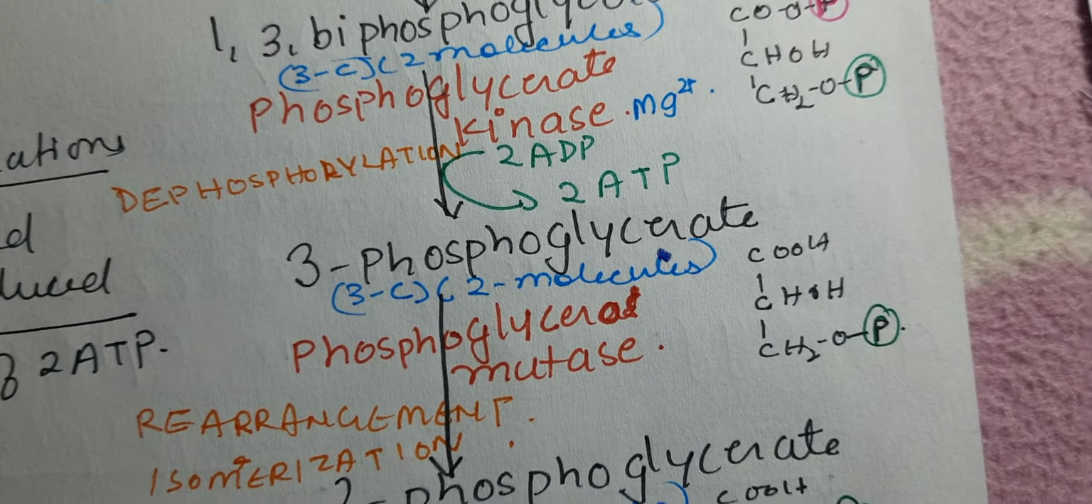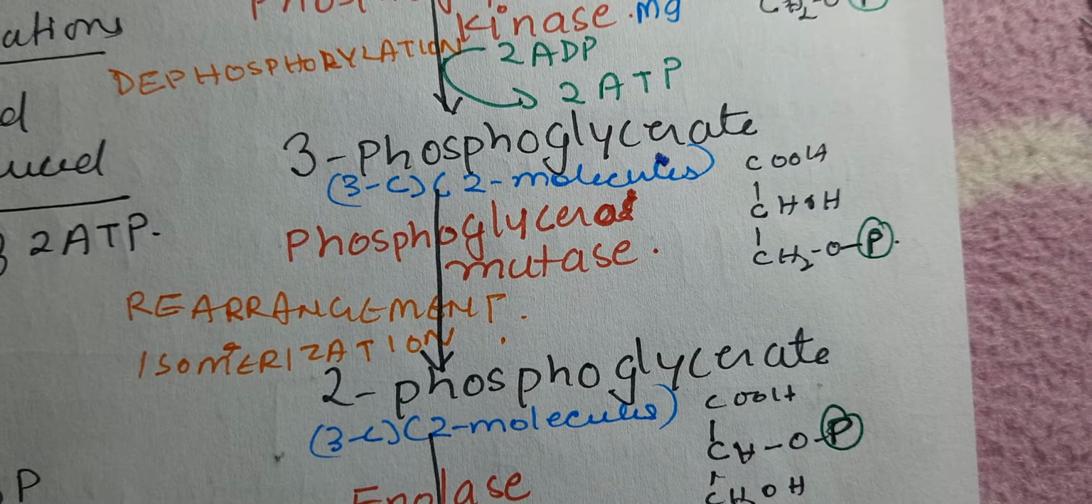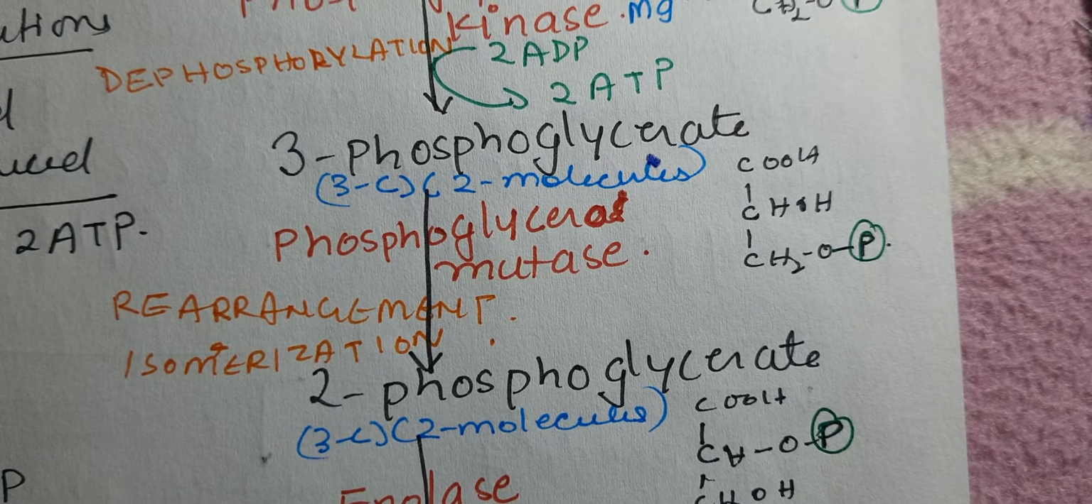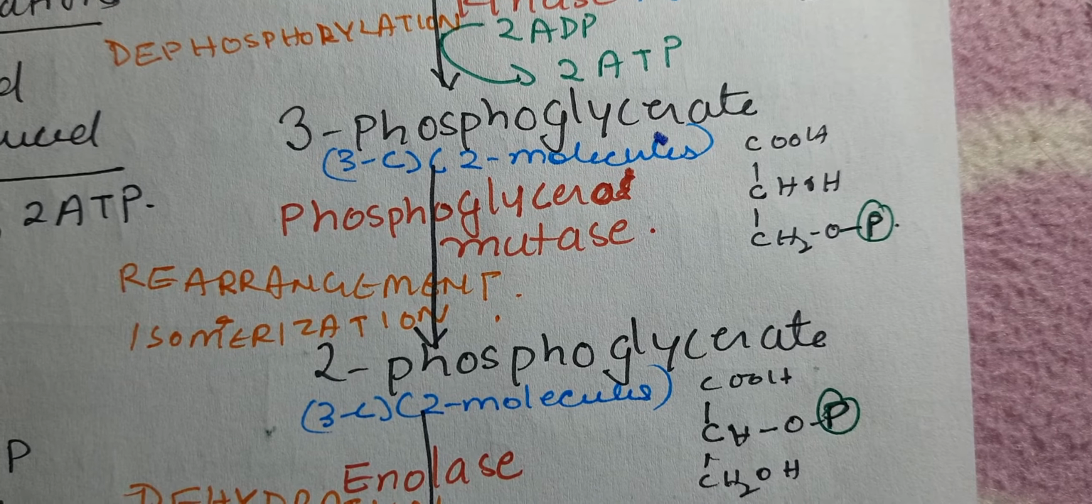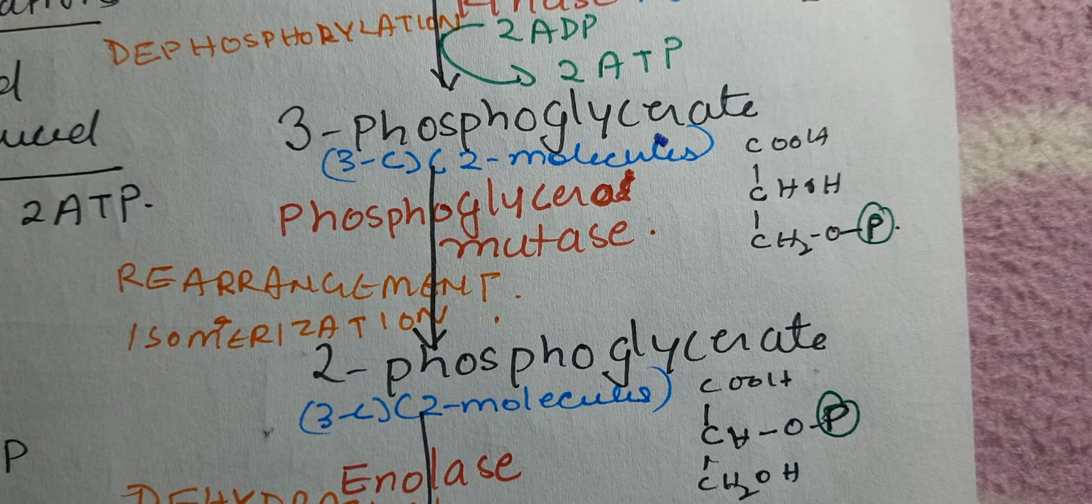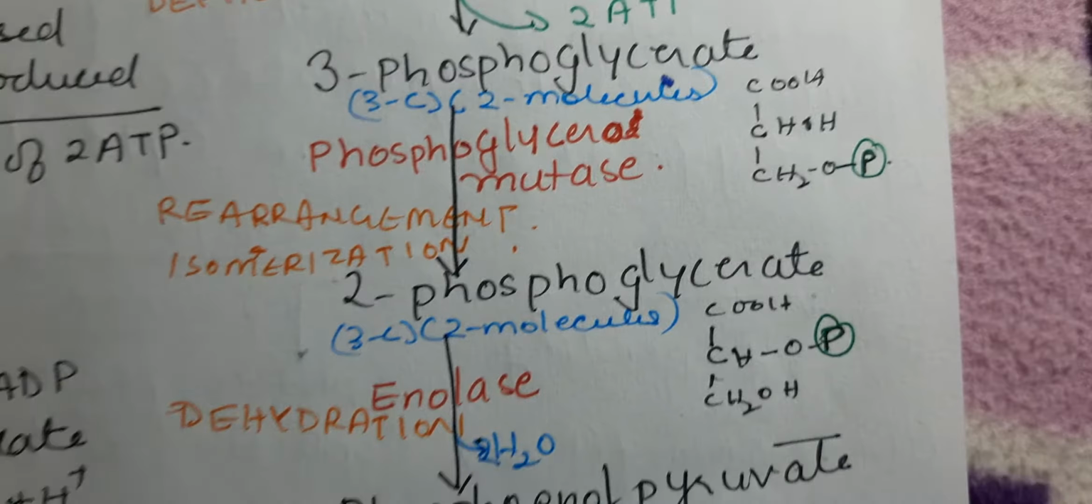Now the 3-phosphoglycerate is converted into 2-phosphoglycerate. Simple rearrangement and isomerization is here between the molecules. And this is catalyzed by the enzyme phosphoglyceromutase. Okay, and now the